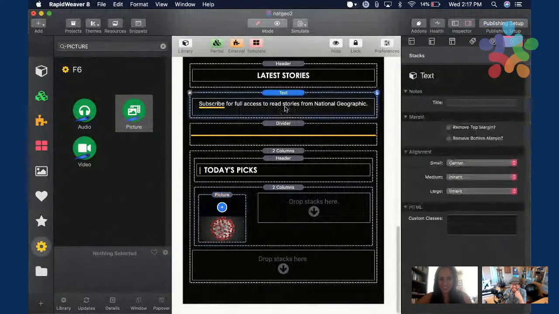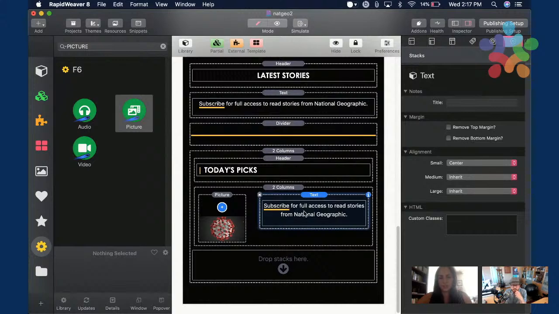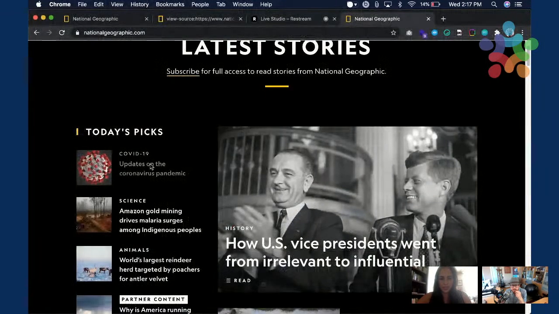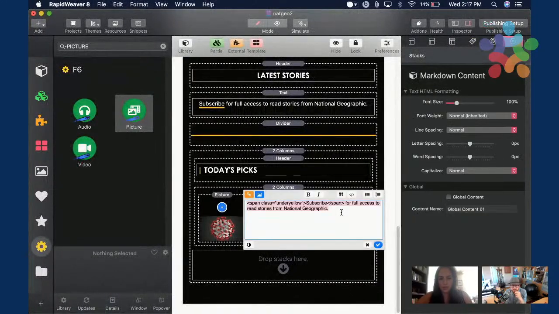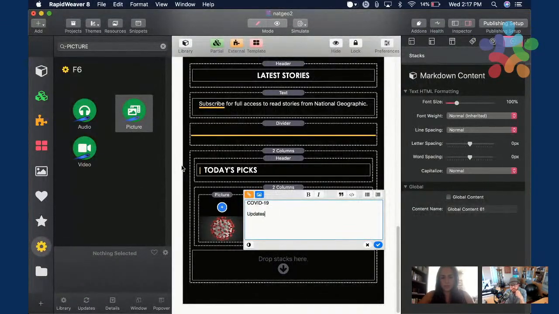But first, I'm going to just copy this text and change it to the left, and then do COVID-19 updates on the coronavirus pandemic.